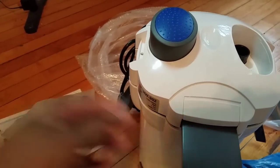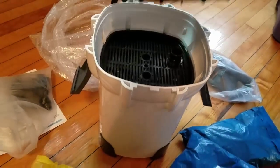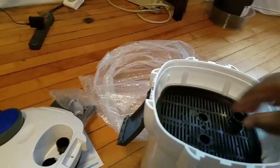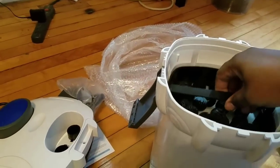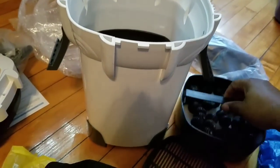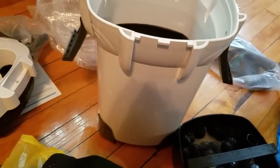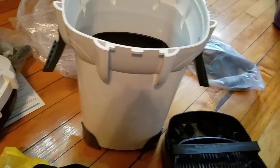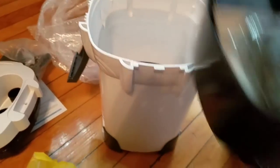Then these are the clamps, one on each side. And let's see what we have here. This is an optional UV light, which I didn't purchase. So just remember to order. These are the bio balls, which, you know, I bought more of them. That goes on the top. So I'm going to put this basically back right here. So the bio balls, and inside the canister we have